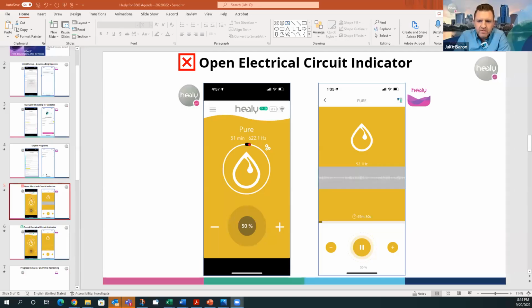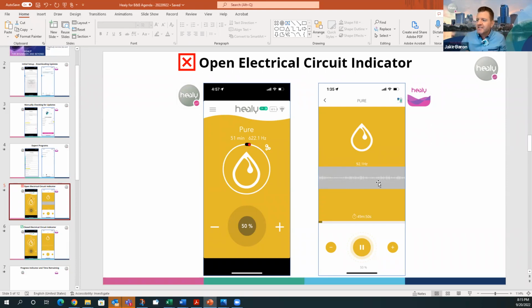So I'm going to briefly share my screen here and show you exactly what we're talking about. Wait a minute. Okay, sorry. Can you see my screen, Ken? Yep, I see it. Okay. So, as Ken mentioned, we've all seen the black circle on the current Healy Pink Dot app, and in the new version, the equivalent is just this gray bar across the middle that you see here.